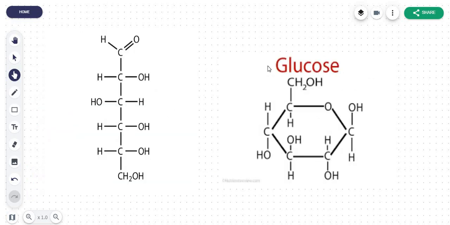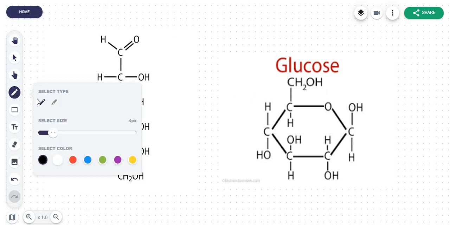Okay? Now before we move on, these are some of the things you need to understand. This is a structural formula, and this is a ring structure of glucose, right? Glucose is a type of monosaccharide. We will be focusing mainly on glucose because it is your glucose that forms the building blocks of many other carbohydrates, including disaccharides and polysaccharides. Okay? So guys, the formula of glucose is, one second, yeah,